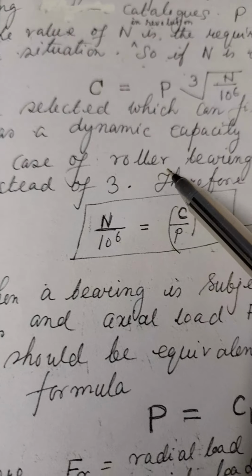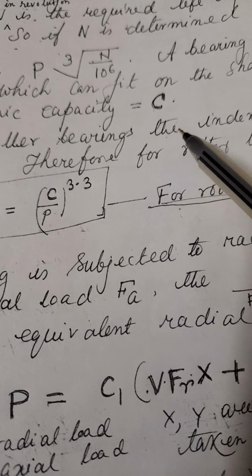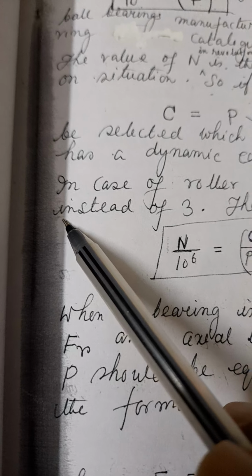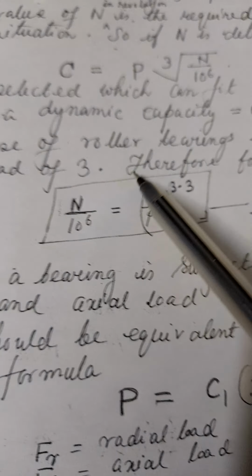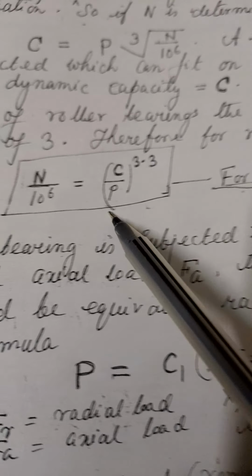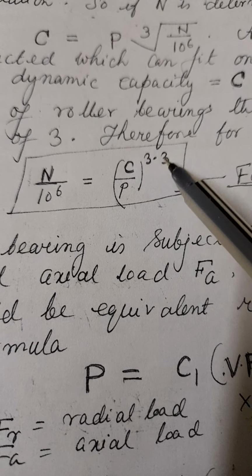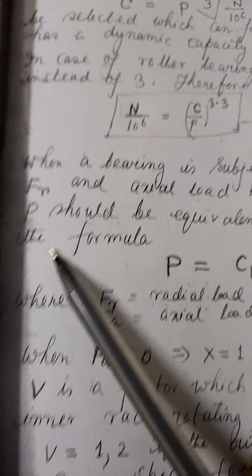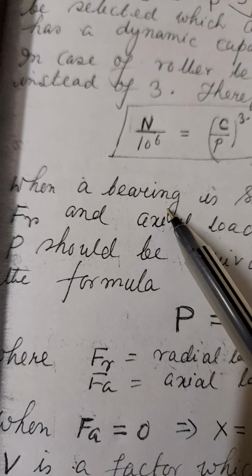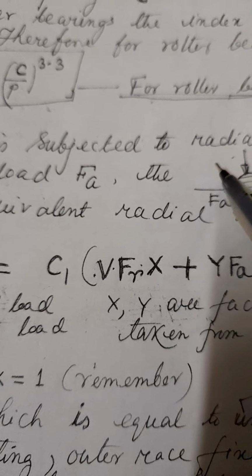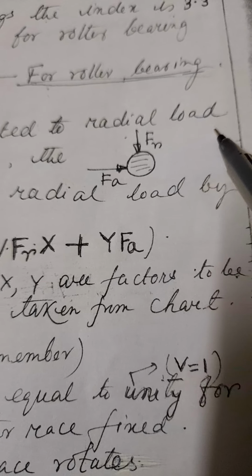In case of roller bearings, the index is 3.3 instead of 3. Therefore, for roller bearing, we have this formula with 3.3 for roller bearing. When a bearing is subjected to radial load